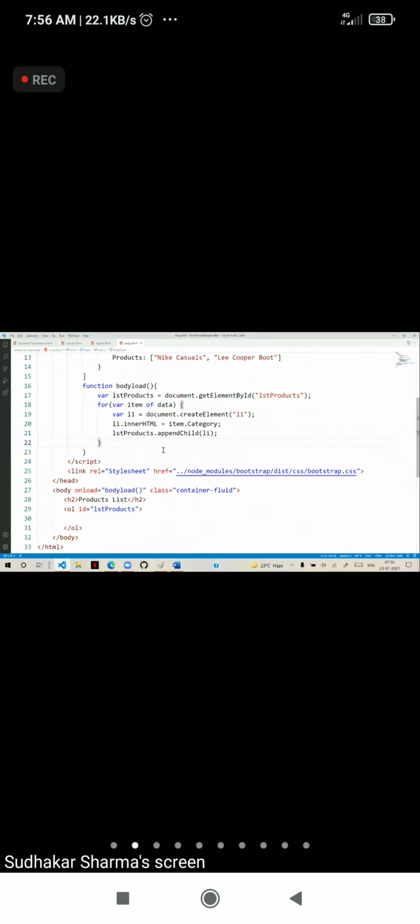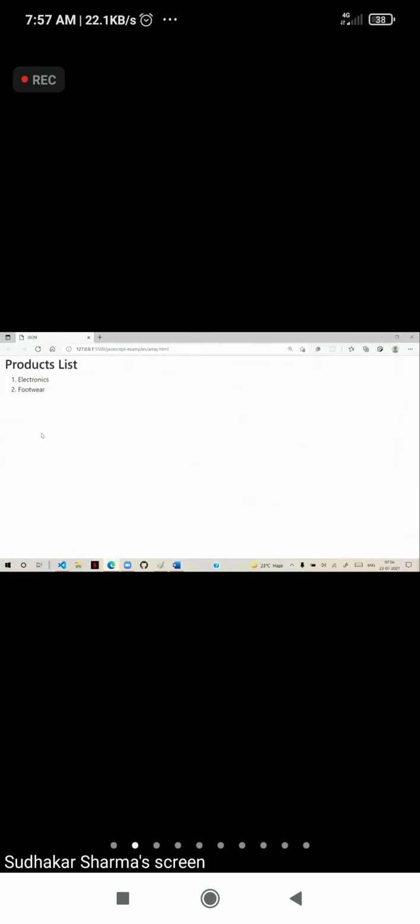Now it is ready. Now you can see the category names are added. But under every category, we have products. So we need to access the products under every category and display them. How can we access the products under every category and configure them?